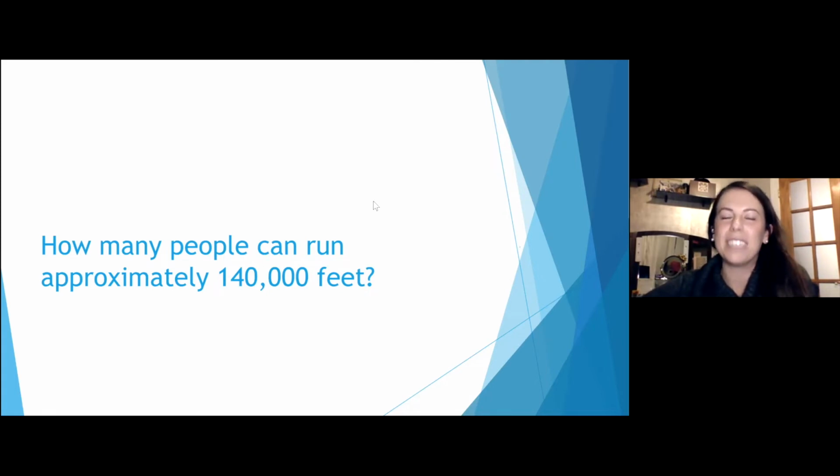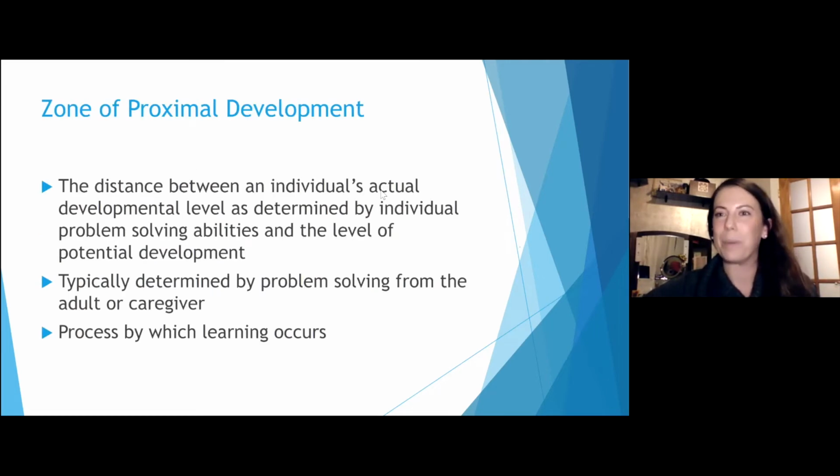The reason that I ask, and I provided an example when talking about building communication just through daily routines in September, was how many people could tie their shoes, and then how many people think that they could tie a mega yacht to a dock. The point that I'm trying to make is that we all have this zone of proximal development. We all know what we can do. And then we know that there's a little bit beyond that we're learning, we're trying to experience. This is the distance between an individual's actual development and the level of their potential development. And then there's this level that's completely beyond, right?